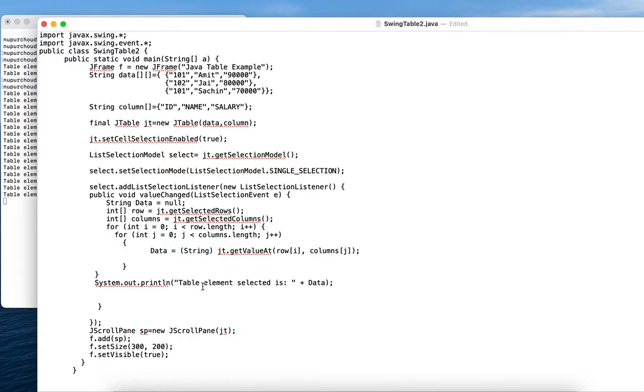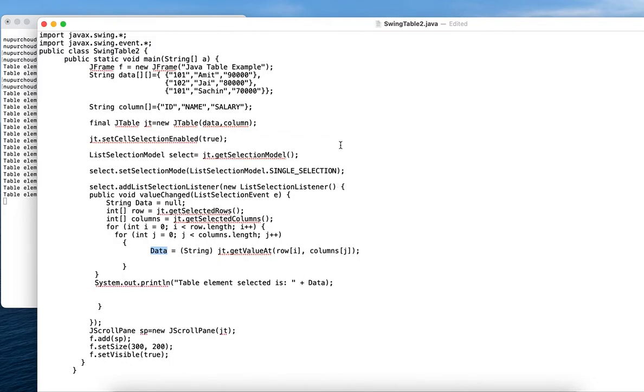If we do not want to print the values in the console, we can also use this particular data and get the value of the data printed in some text field, or let's say in some text area or some selected portion of the user interface which you have just created.